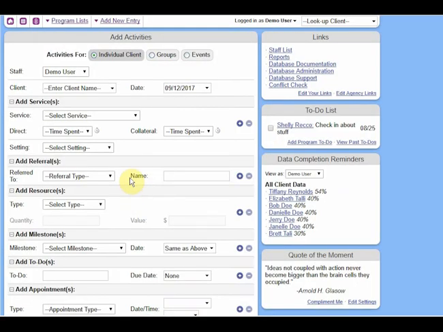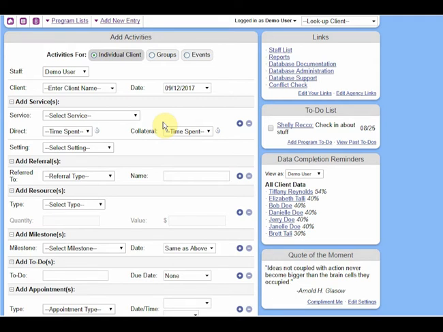All right, logging in. So I'll now describe some of the things that we see on this home page. First and foremost, right in the middle is adding client activities. This is right on the home page because this is data that your staff is going to be entering a lot of information on. Especially in shelter settings where the people in the shelter are pretty consistent, but you're just